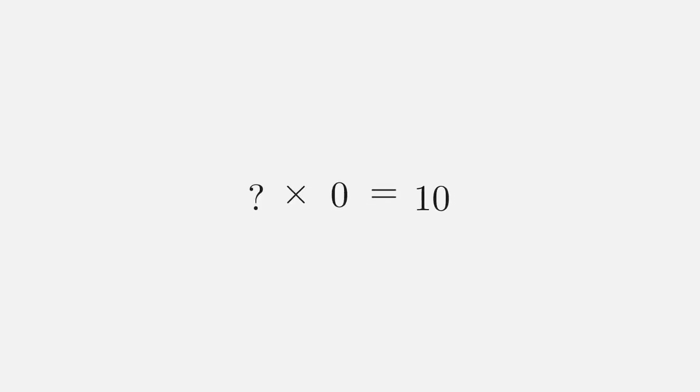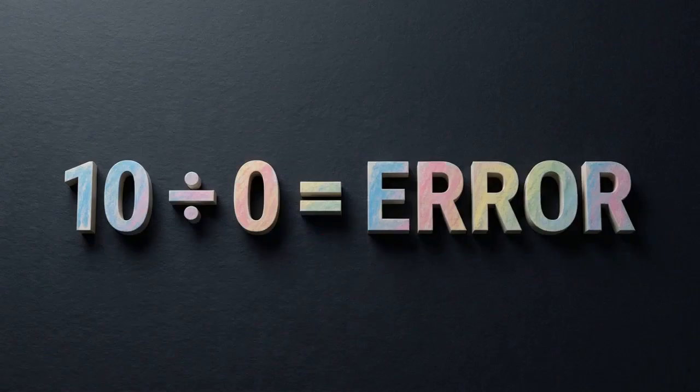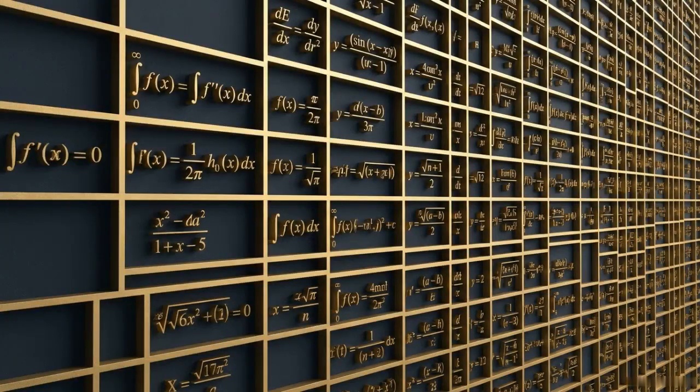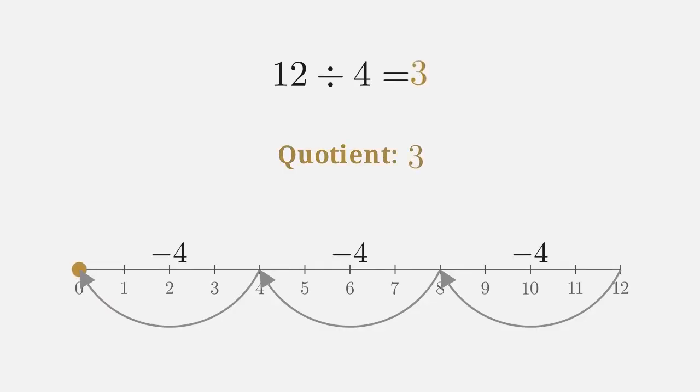The operation refuses to resolve backwards, because no number yields 10 when multiplied by 0. Instead of assigning a value to this operation, mathematics universally labels it as undefined. Leaving division by 0 undefined serves as a protective mechanism required to prevent the entire numerical system from collapsing on itself. Division functions algorithmically as repeated subtraction, determining how many times a divisor can be removed from a dividend before